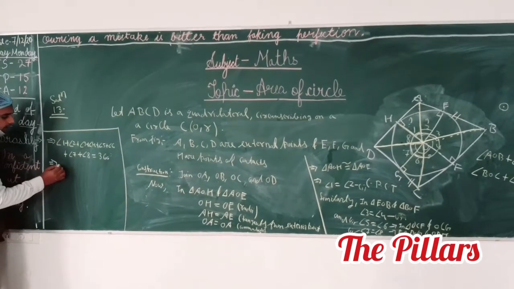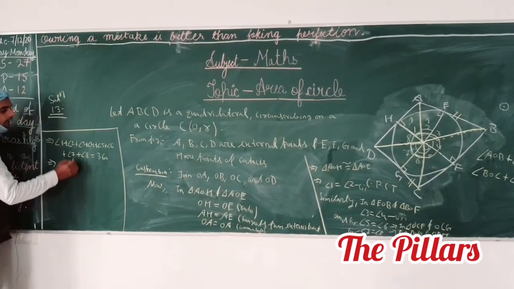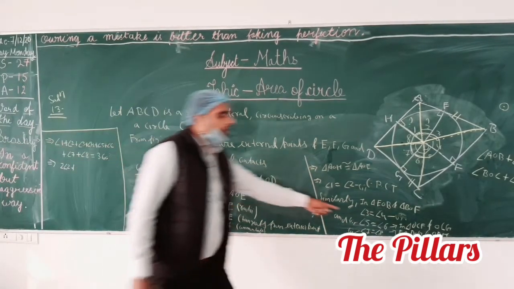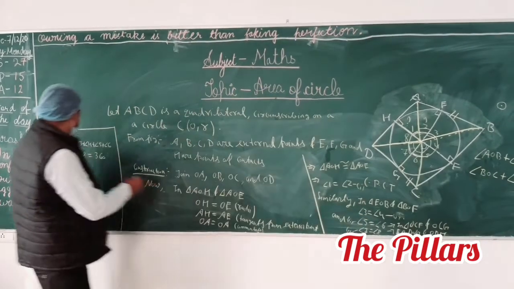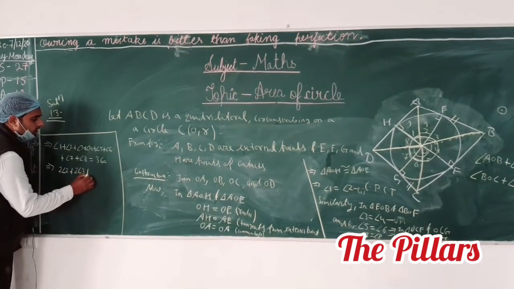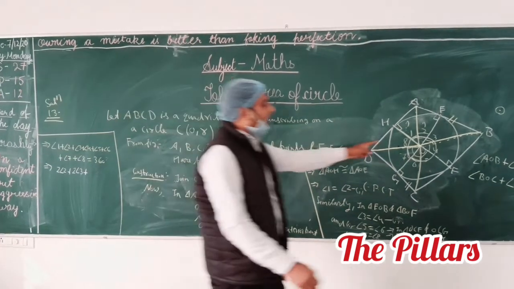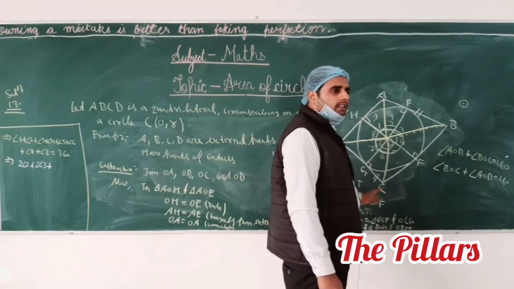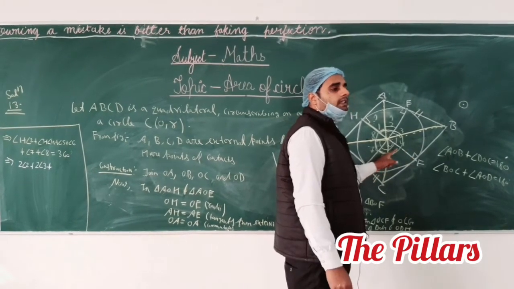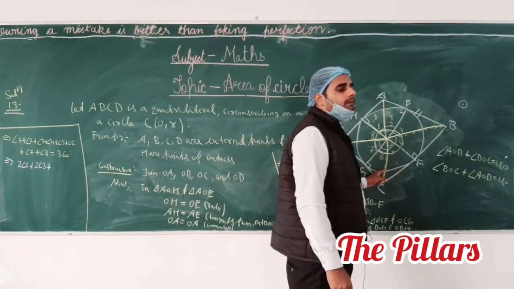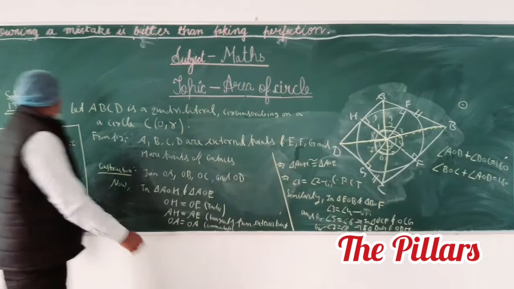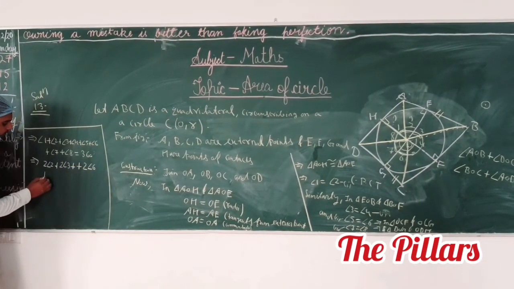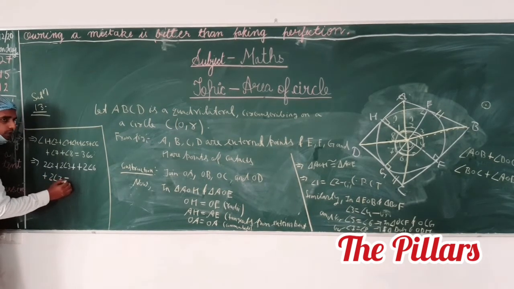This implies 2 angle 2. Angle 3 plus angle 4: we want to convert this in terms of angle 3. Angle 3 and angle 4 are equal by equation 2. This implies 2 angle 3. Similarly, we want to convert the quantities into angle 2, 3, 6 and 7. You see that 5 and 6 are equal, and we want to write this in terms of 6 only. It means angle 5 plus angle 6 equals 2 angle 6, because these two quantities are equal. So in the place of angle 5 plus 6 we mention 2 angle 6, plus 2 angle 7 equals 360 degrees.